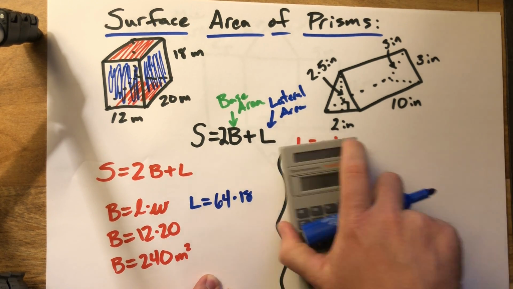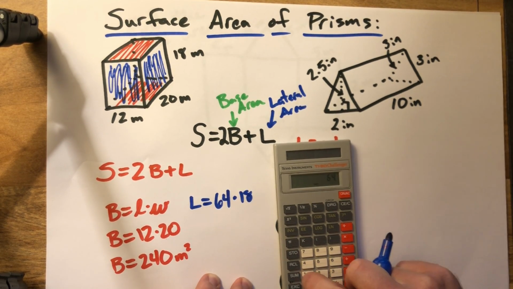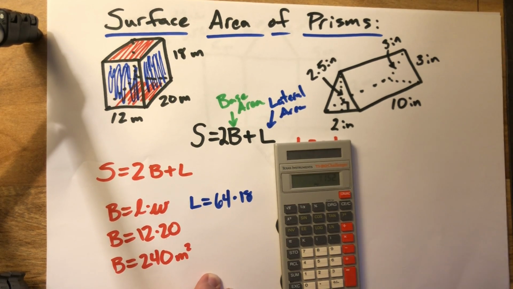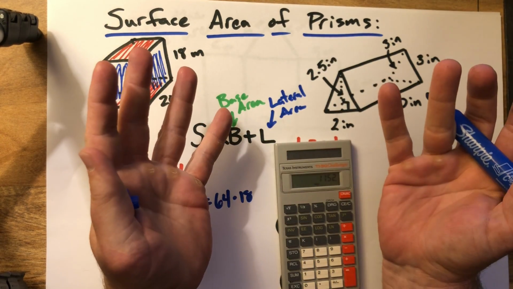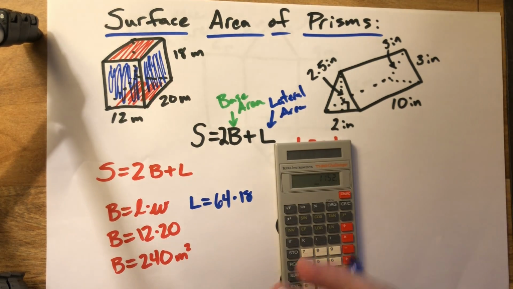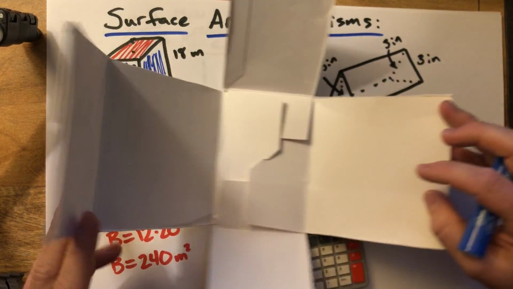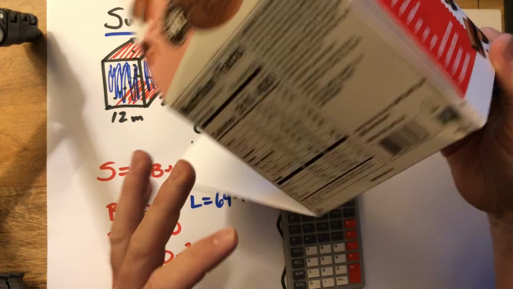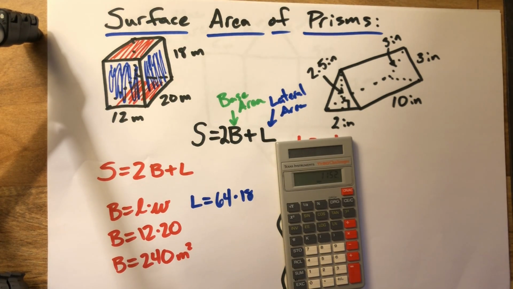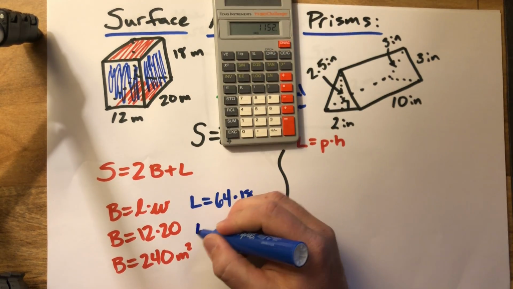Grab my calculator here. To calculate lateral area, I'm going 64 times 18. Now what this has done for us is it's giving the perimeter of the base. It's like we unfolded the whole thing. I'm gonna grab my teaching aid here. This is the base, and we're finding the distance around, so technically we're finding all of these faces here that would make up the three-dimensional box, finding area of all of them at once. That's why our number is relatively large. So 1,152 lateral area equals